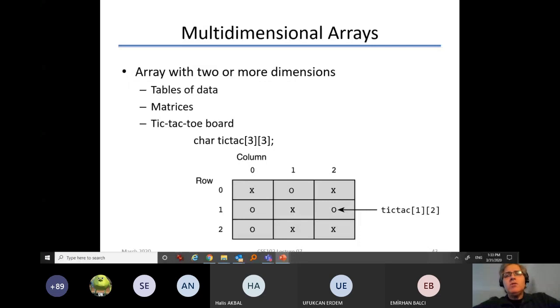Now, of course, arrays are not limited to just a single dimensional list of entries. You might have tables of data, multidimensional tables of data. So, for example, you might have, let's say,